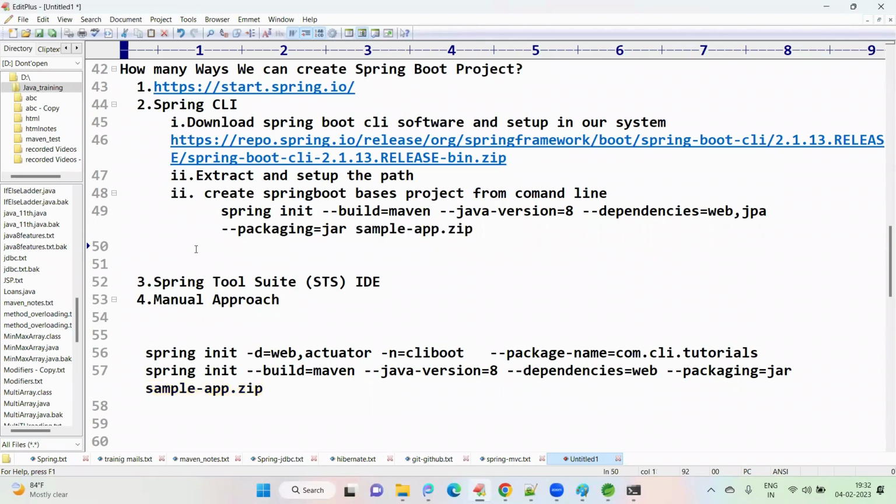Then the first step is extract and import into our project. This is the second way to create a Spring Boot based project. The first one is start.spring.io. The second one is the CLI concept. So the note here is that the CLI approach also